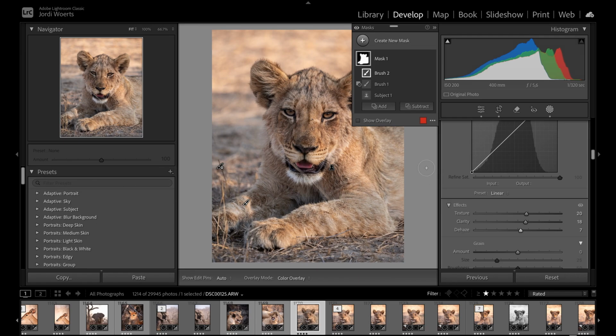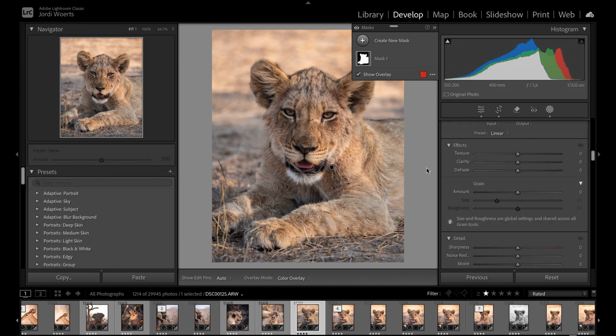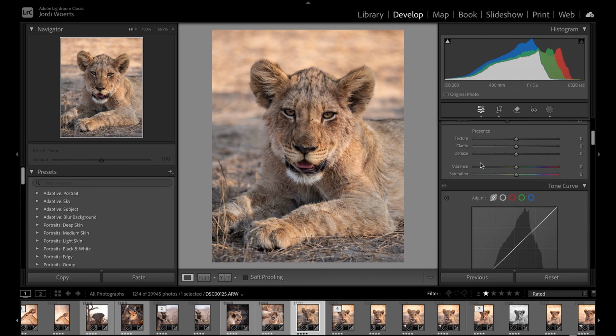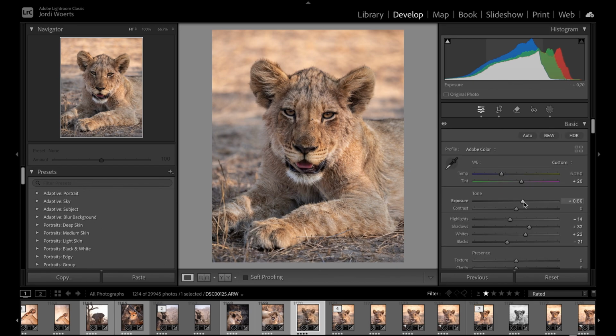So yeah, I'm gonna finish that up, and now I'm gonna use another mask. Well, not a mask actually. I'm gonna use the brush now for the eyes, because everything is quite nice. I like the coloration of the lion. Everything's pretty well. It's not too light. Maybe we can actually put the exposure up a little bit. I don't want to get the chin here overexposed. This is a little bit too much. I think this is perfect. There we go. All right, let's use the brush, guys, to emphasize the eyes a little bit more.